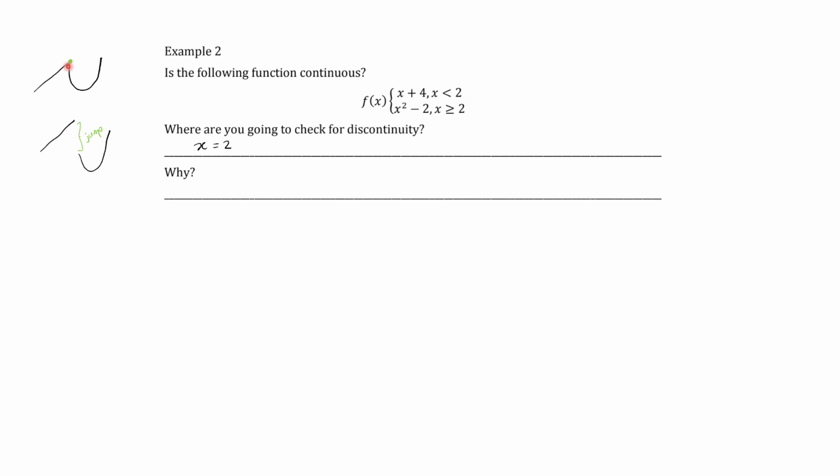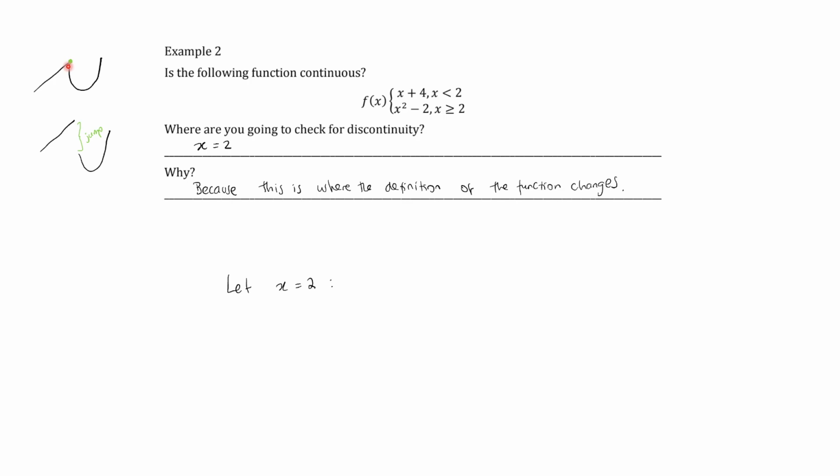Okay, and why? Well, because this is where the definition of the function changes. We go from one function to another, and so it could mean that we have a hole. So let's check. We are going to let x be equal to 2, okay? So then